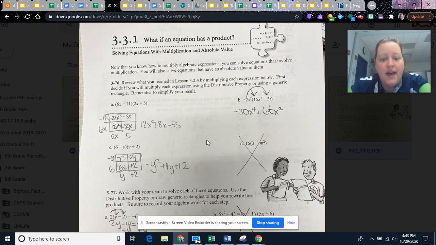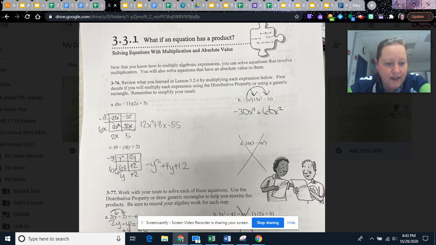55. And then for B, to do the distributive property, you're going to take this negative 2x squared to everything on the inside. So negative 2 times 15 is negative 30. X squared times x squared is x to the fourth. And then for this next one, you have negative 2 times a negative 3, so that's a positive 6. Then you have an x squared and a t, so put the t first because it comes first alphabetically, x